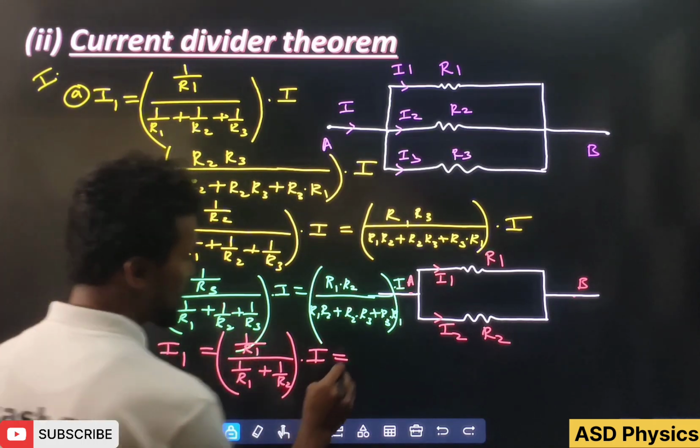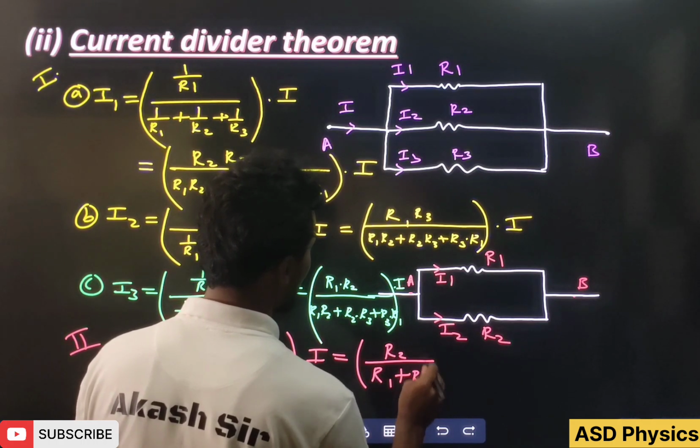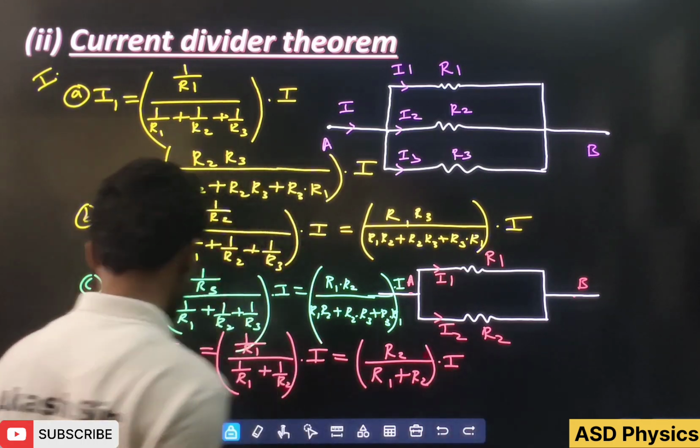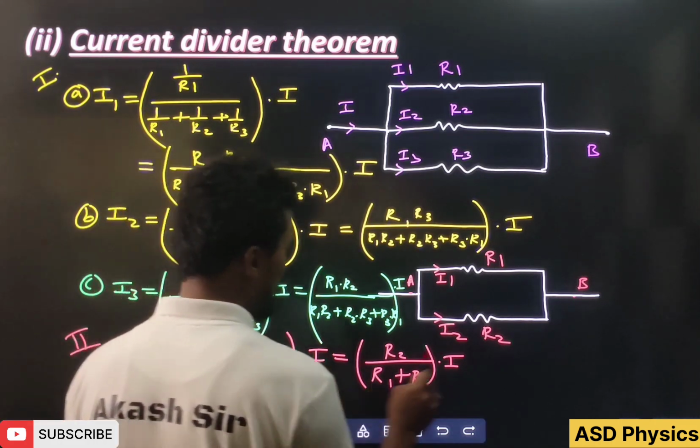Okay, so when we simplify this, students, it will come to R2 by R1 plus R2 into I. So I1 is equal to R2 by R1 plus R2 into I. Okay, students. Similarly, if we write for the second one, B,